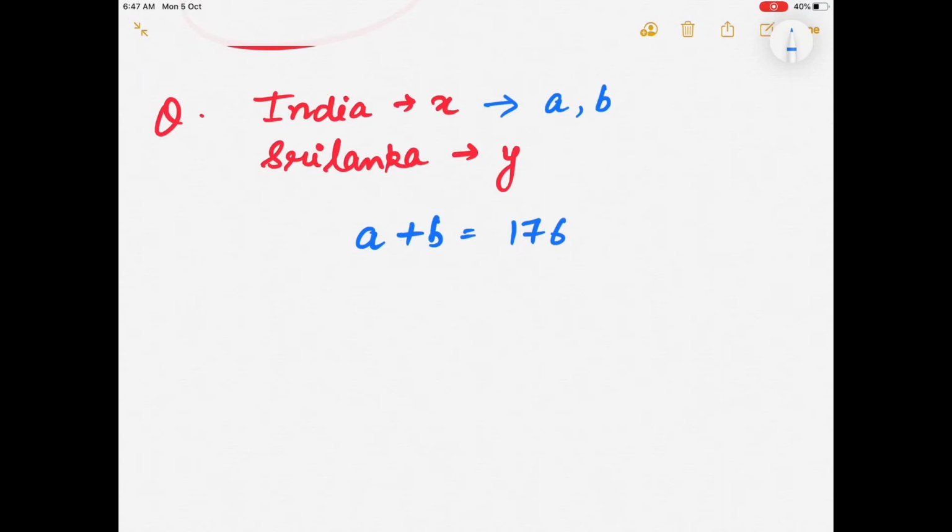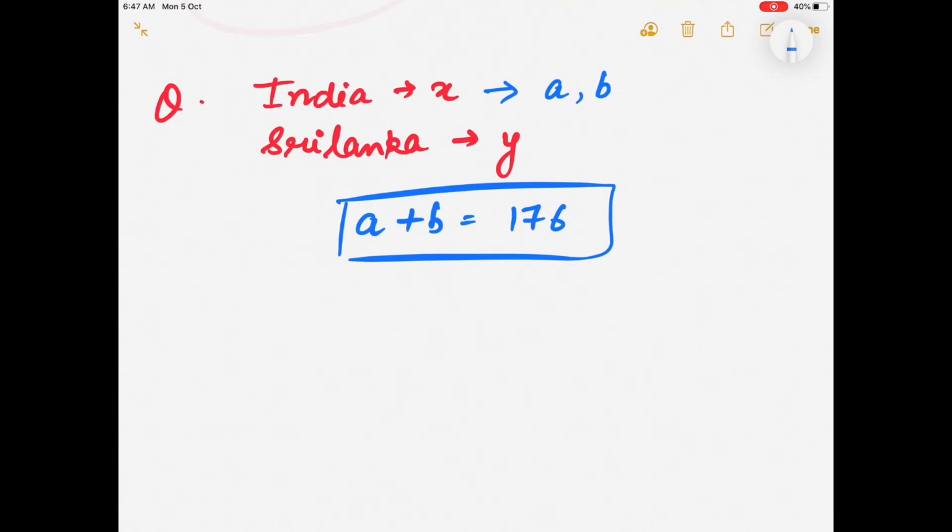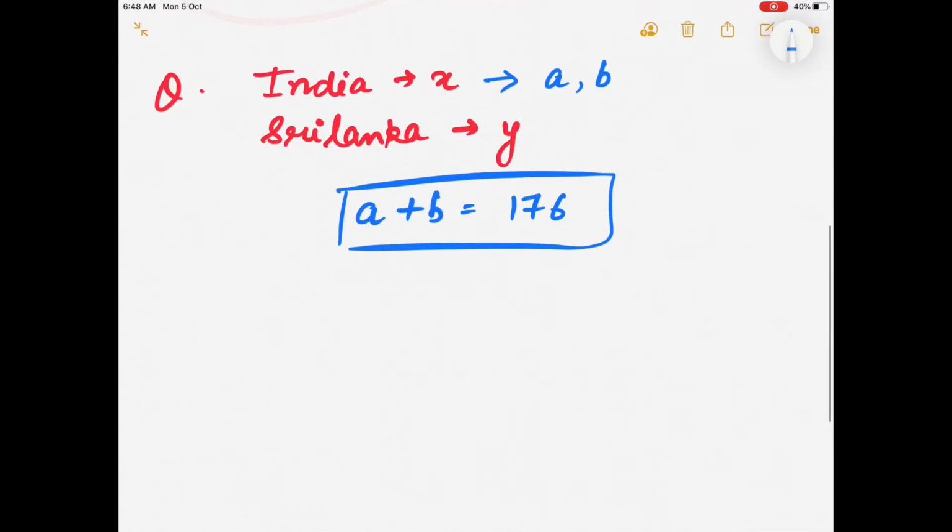Now express this information in the form of an equation. We expressed that information in the form of an equation, so here the question ends. No more information is provided in the question to solve this equation or to form any other equation. So the question here ends. You have to form equations on the basis of information given in the question only. You cannot predict or assume any information on your own. You have to solve an equation with the information given in the question only.